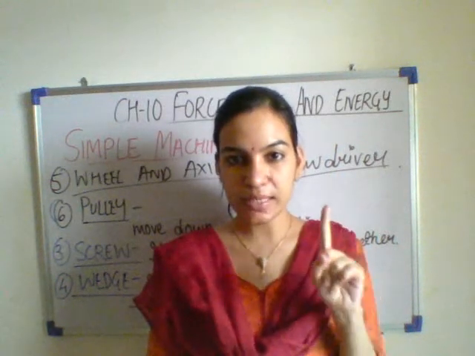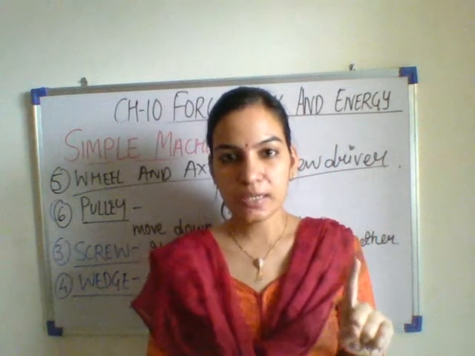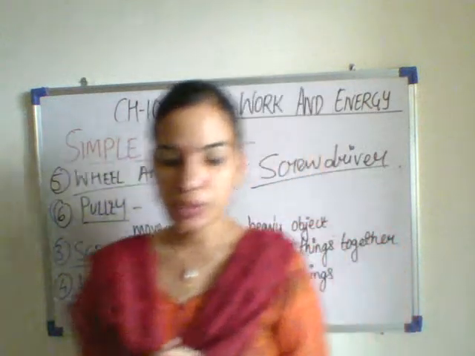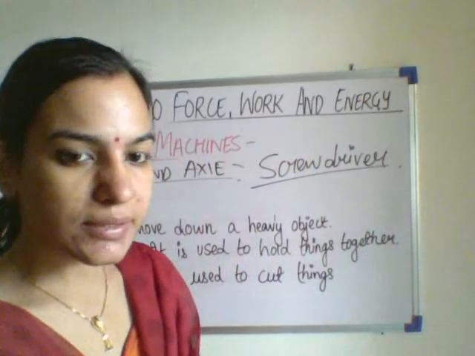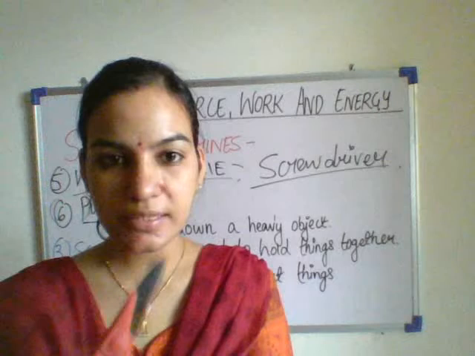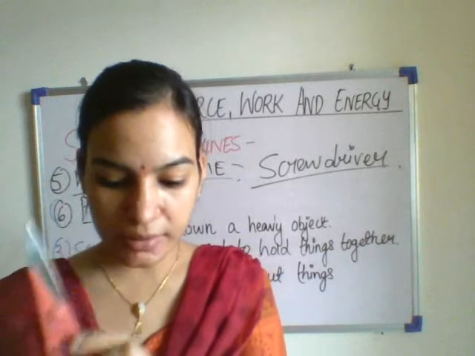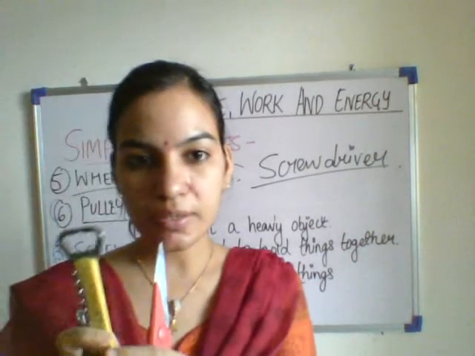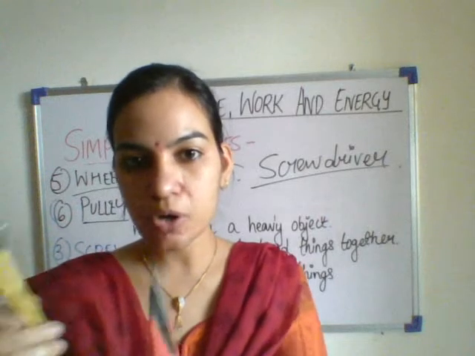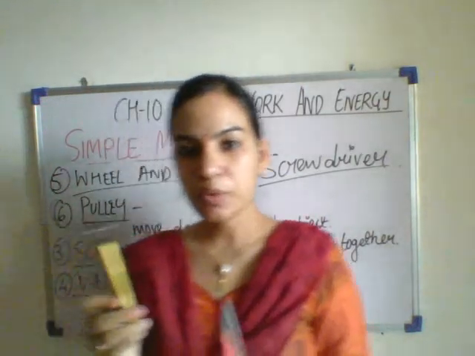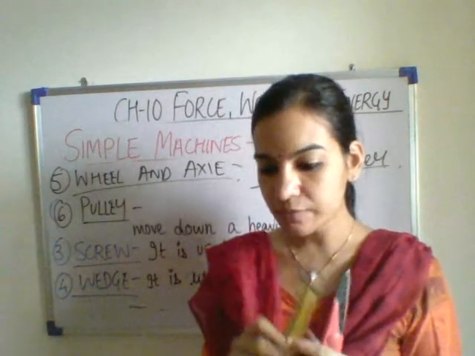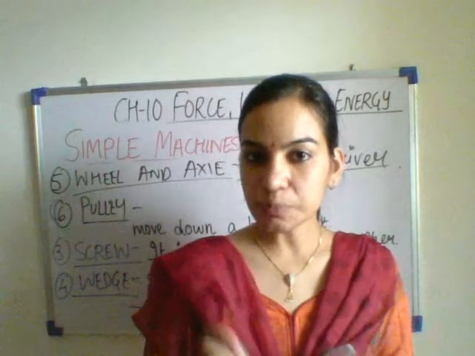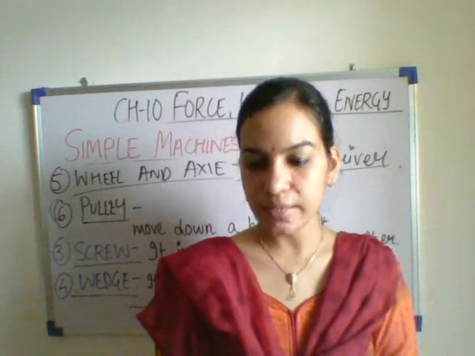The first one is the lever. What is a lever? The lever is used to lift a heavy object or to cut an object. What are the examples of the lever? Like the scissor, it is used to cut things. It is an example of the lever. The next is the bottle opener. This is the bottle opener. The cold drink bottle you can easily open with this bottle opener. It is an example of the lever. The knife is an example of the lever. Even the spoon is an example of the lever.